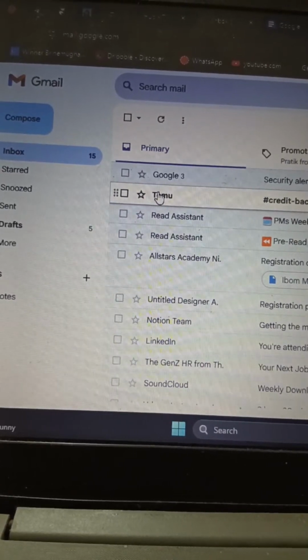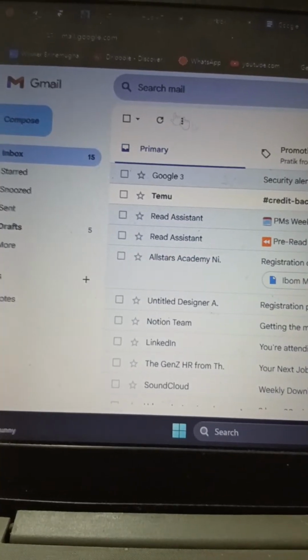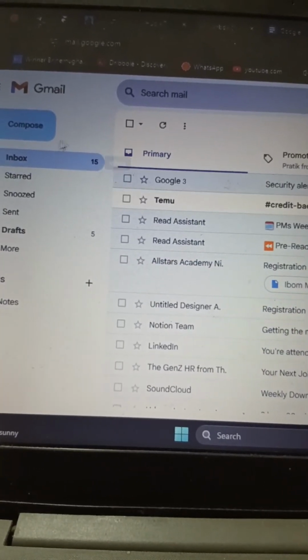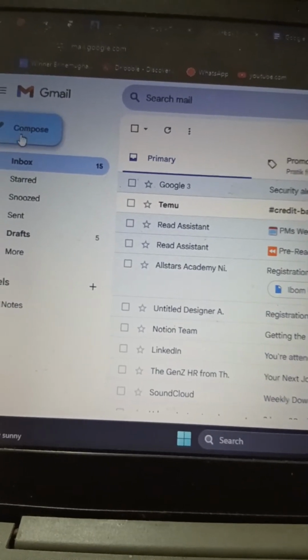Sorry, I didn't get the question properly. To send multiple emails, you are going to need to write a script for that. But to send one email to multiple people, you can come to compose, then you enter the emails. For instance,